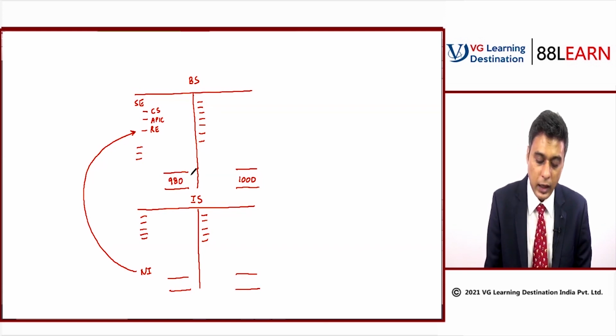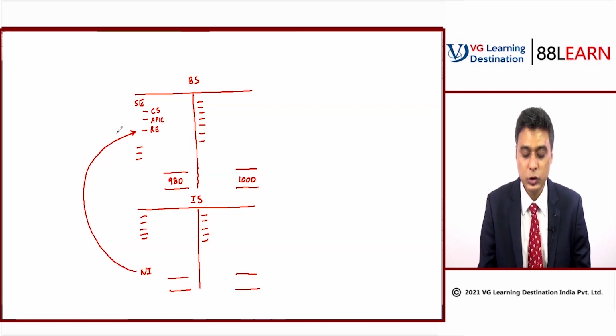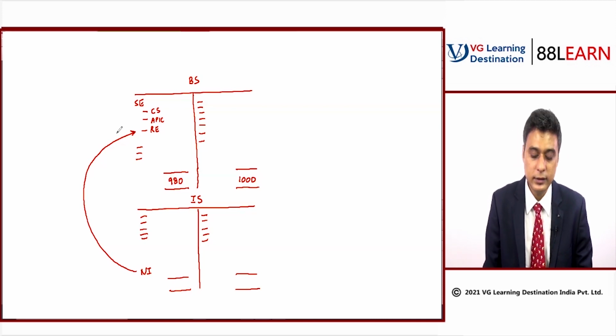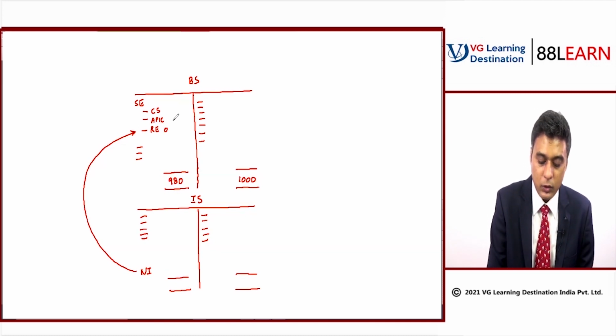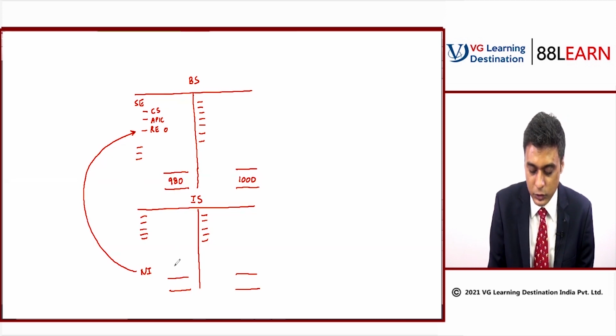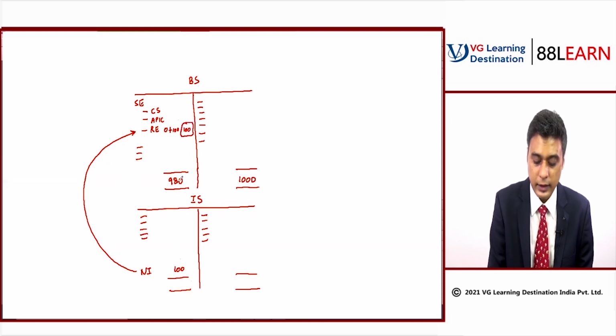Okay. Now let's say the retained earnings, the beginning retained earnings was 0. Let's assume that the beginning retained earnings was 0. There's nothing. Basically, it is 0. But this year's net income is going to get added. Now, let's say this year's net income comes to 100. That means 0 plus 100 will become 100. That means 980 plus 100 will become 1080.